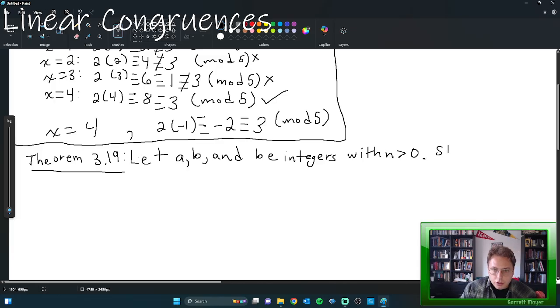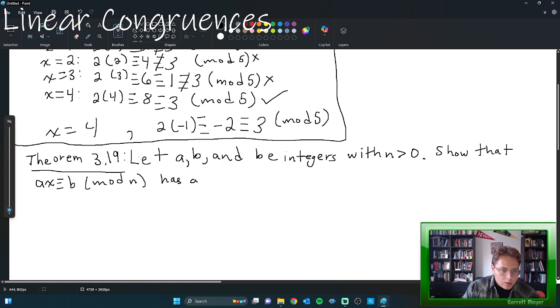And then we're going to show that the linear congruence that we were discussing before has a solution if and only if